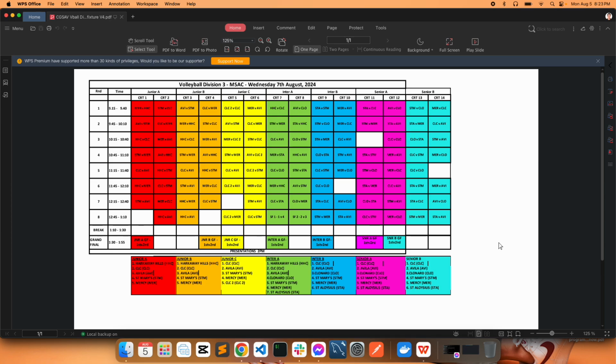Hi, so this is a tutorial on how you can create fixtures in SportsDash. You will receive a fixture file like this. A fixture is just a set of matchups for the teams within a round robin competition or within a competition